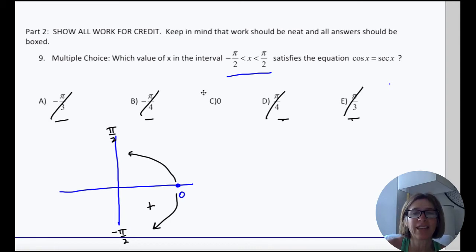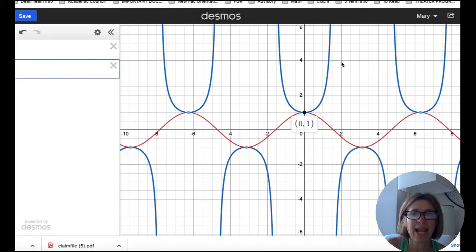However, I'd like to look at this graphically. If we're asking where they are equal to each other, a nice way of thinking about this is graphically, because where graphs are equal is where they meet. It's their point of intersection. So I actually went to Desmos and I was looking at the intervals. So I put both